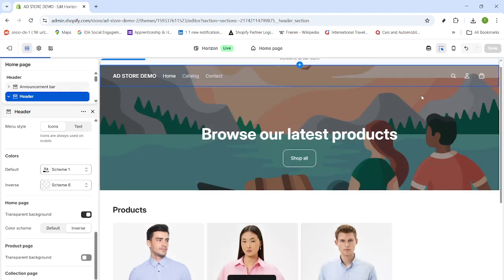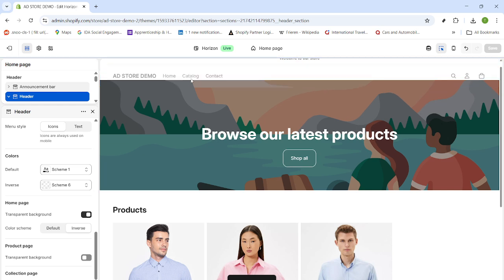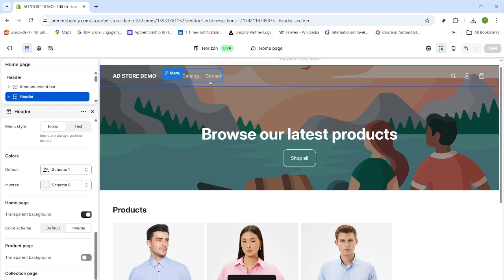A couple of quick tips as you review. Make sure your logo and menu text have enough contrast against the image behind them so everything stays readable. If your header content blends in too much, try a darker or lighter hero image, or use a version of your logo that stands out more. Also, give it a glance on mobile in the editor preview to ensure the transparency looks just as good on smaller screens. And that's it. Your Shopify header